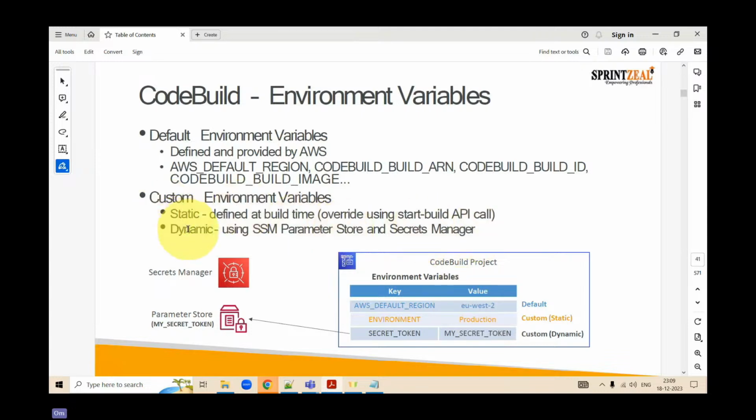If I store x equal to 1 and y equal to 2 in the secrets manager, even if I run the build for the next 1000 times, whatever is the value of x, that is 1, would come up, and whatever is the value of y would again come up. Clear?